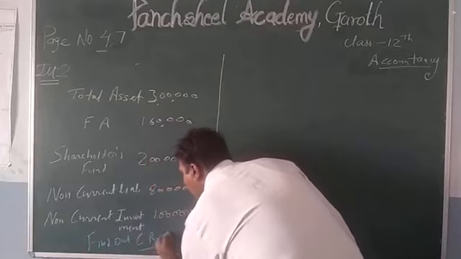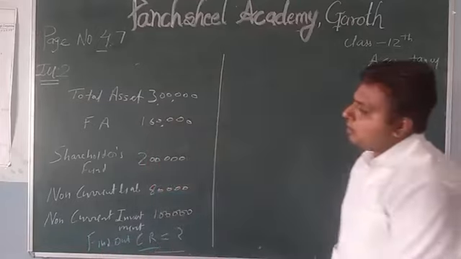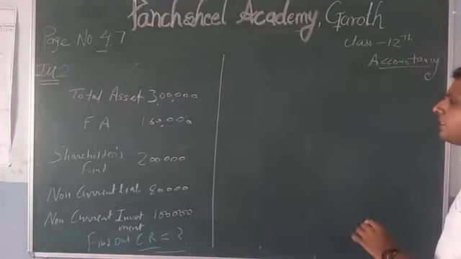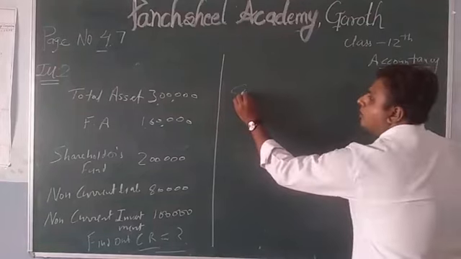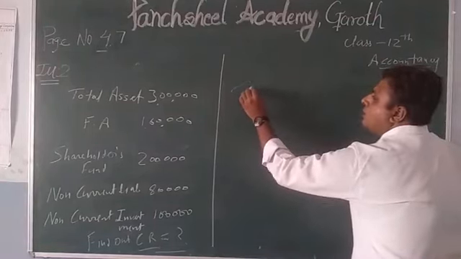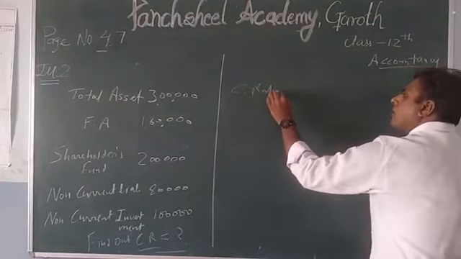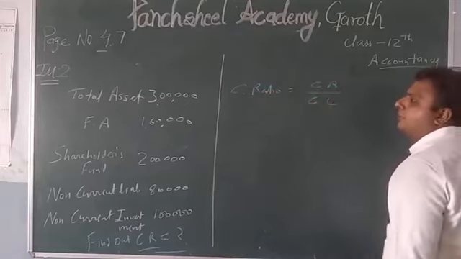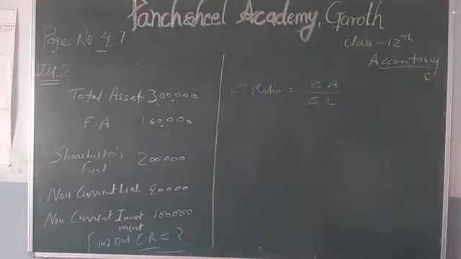current ratio. What you have to find out? Current ratio. How will you find out the current ratio? Again the same procedure. I am writing in short way. Current ratio is equal to current asset divided by current liability. So first of all you have to know the current assets, and for knowing the current assets,